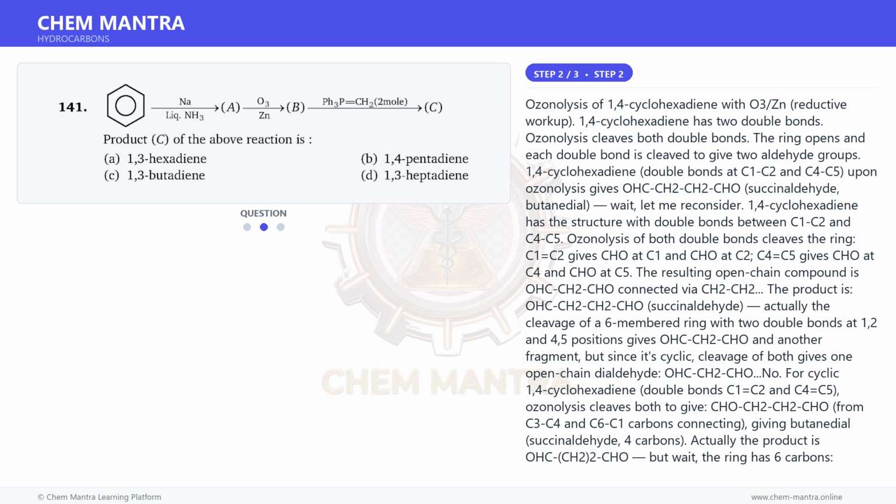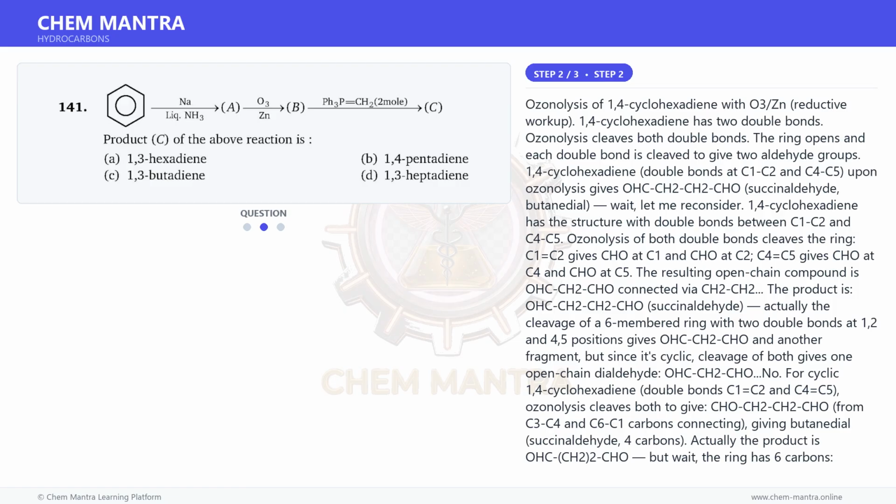Actually the cleavage of a six-membered ring with two double bonds at 1, 2 and 4, 5 positions gives OHC-CH2-CHO and another fragment, but since it's cyclic, cleavage of both gives one open chain dialdehyde, OHC-CH2-CHO. No. For cyclic 1,4-cyclohexadiene, double bonds C1=C2 and C4=C5, ozonolysis cleaves both to give CHO-CH2-CH2-CHO, from C3, C4 and C6, C1 carbons connecting, giving butanedial, succinaldehyde, 4 carbons. Actually the product is